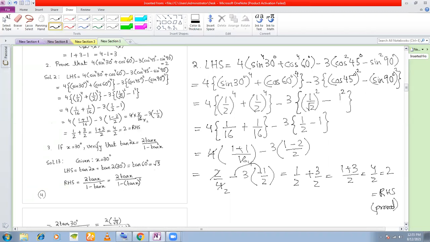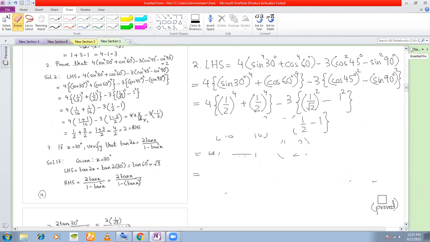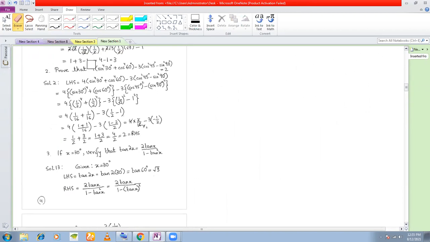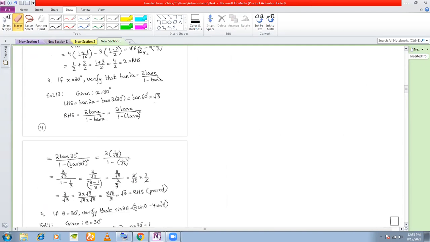Okay. These are just putting the values. If you know the standard angles, just put the values and you simplify. That is all you have to do. And as I told you, as I am dictating the values in the problem, try to hear them. Hearing also, you learn a lot from hearing.